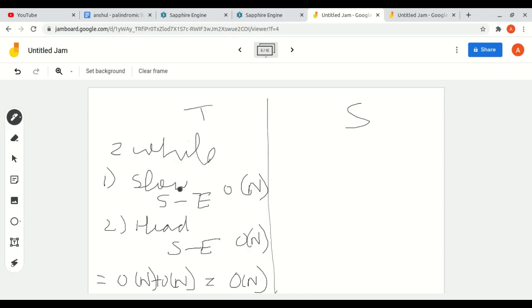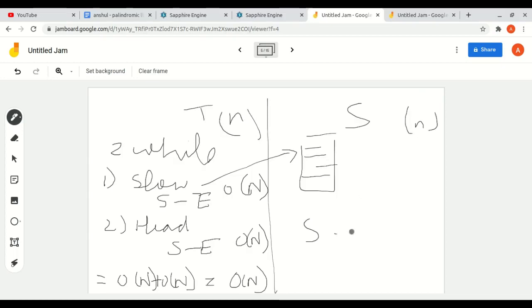Space complexity: the slow pointer generates a stack of the same length as the linked list. Okay, so let there be n nodes in the linked list, so the space complexity will be big O of n.